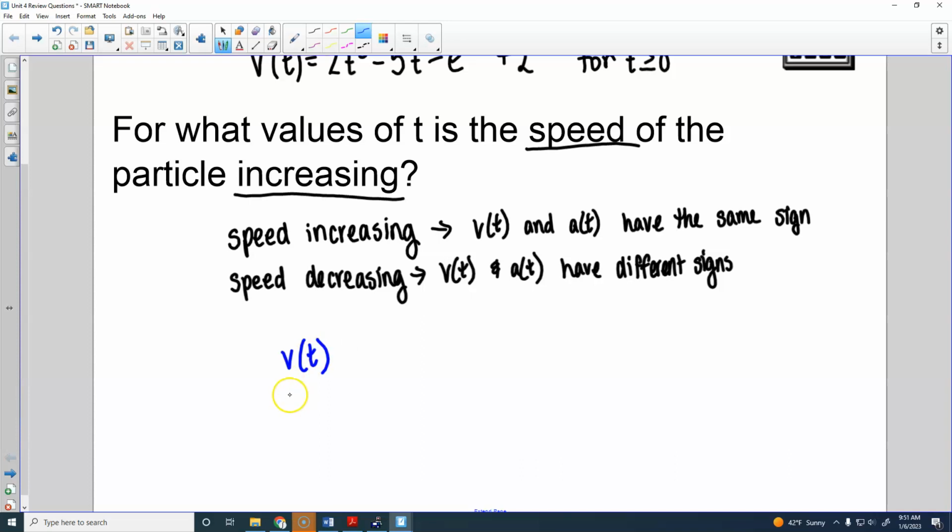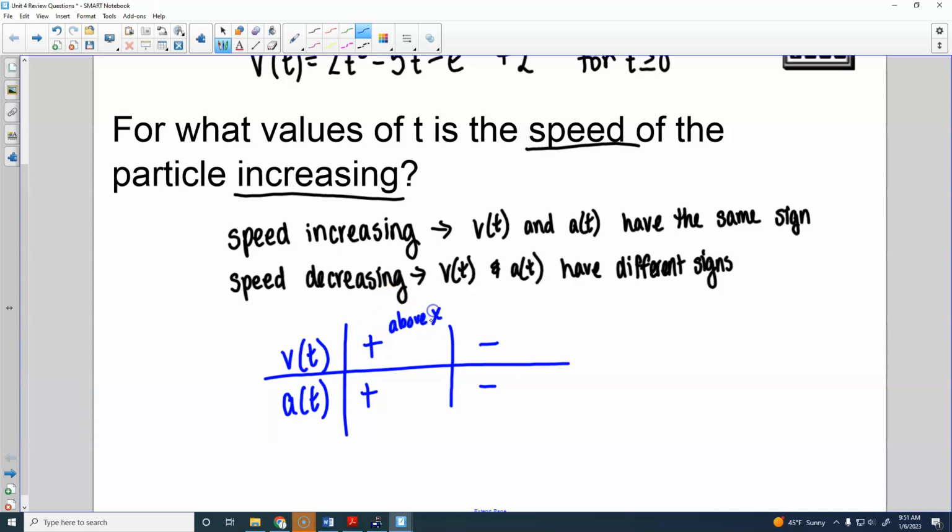I need to have velocity being positive and acceleration being positive, or I need to have velocity negative and acceleration being negative for my speed to be increasing. So I can tell velocity is positive when it's above the x-axis and negative whenever it's below